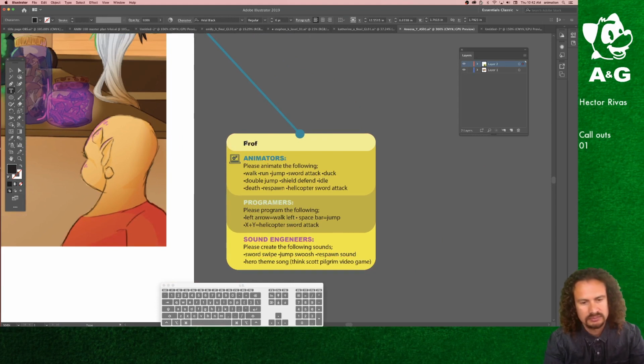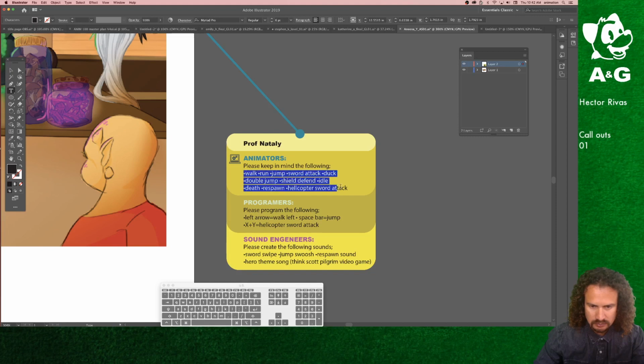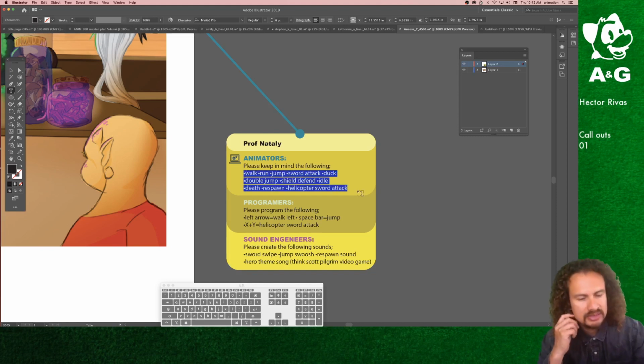Professor Natalie, animators, please keep in mind the following. The difference here is you're gonna get a script, and there's a specific scene that's happening here. But you want to have generic direction. So keep in mind the following: that